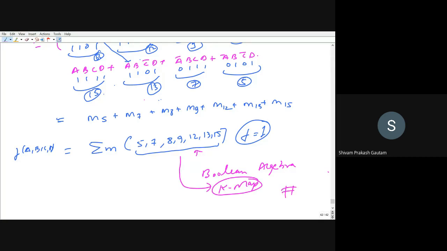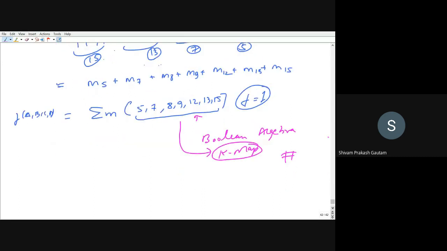If you are able to fill up the values of min terms in the K-map accurately, then in 1 or 2 steps, you will be reducing the Boolean algebra, or you will be reducing the functions. Here you can see we are having many steps in reducing the functions, right? If there are only 2 variables, you might reduce the functions. If there are 3 variables, you can still try. But if the variables are 4, 5, 6, 7, right, then it will become hectic for you to apply certain theorems and to reduce this expression.